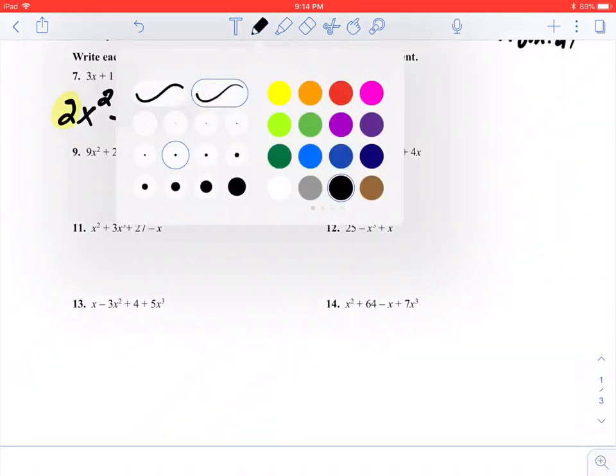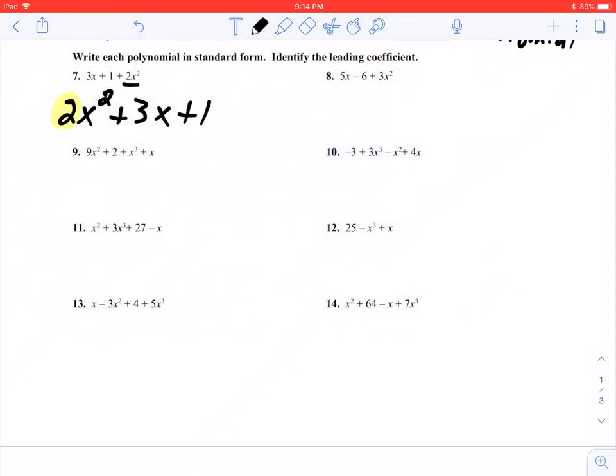The next one, excuse me, is 3x squared. So that's the highest power, plus 5x minus 6. So you can see we started with an x squared, then we have x to the first, and then we have 6. And the leading coefficient is going to be the number that is in front of the highest powered term. So it's a 3. Next one, we have an x to the third, which is going to be first,